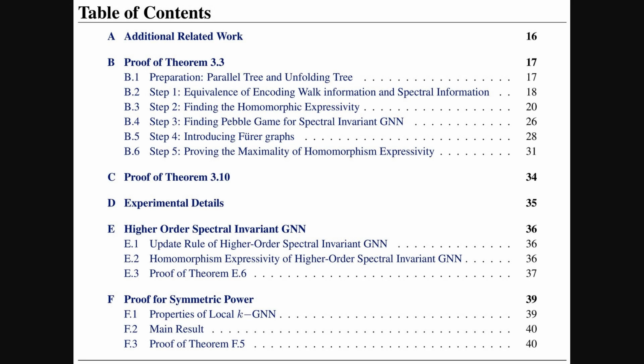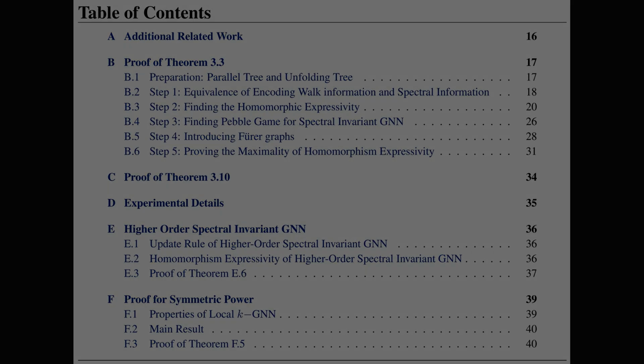Okay, and underpinning those results and the theoretical hierarchy, this is actually the table of contents from the appendix. It shows exactly where the detailed proofs for the key theorems reside, like for theorem 3.3, which formally connects spectral GNNs to counting those parallel trees we mentioned. It also points to the experimental setup details and further analysis, essentially providing the rigorous foundation for the findings we've